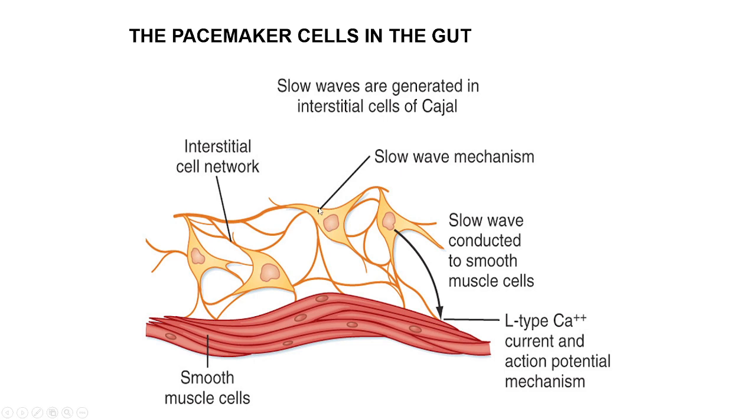And so they generate these so-called slow waves with different frequency in different parts of the gastrointestinal tract. It's about 3 to 5 per minute in the stomach, and more in the small intestine, 12 to 20, and 6 to 8 approximately in